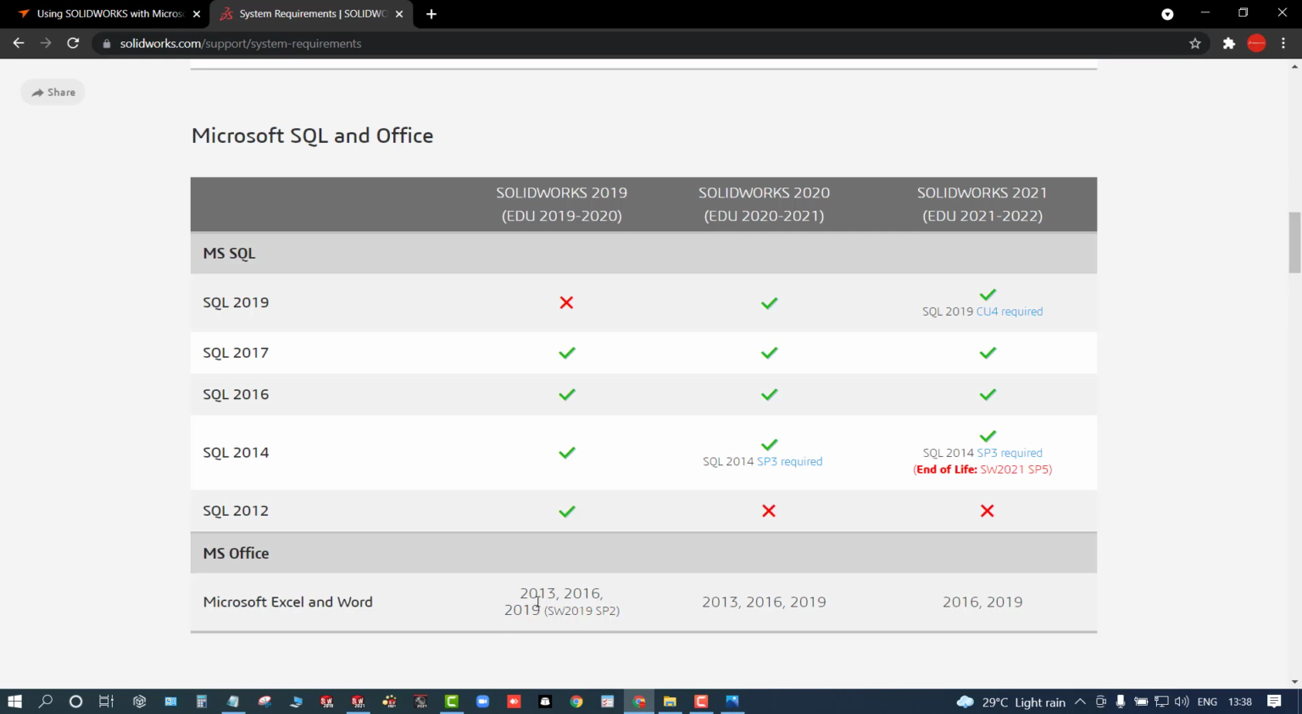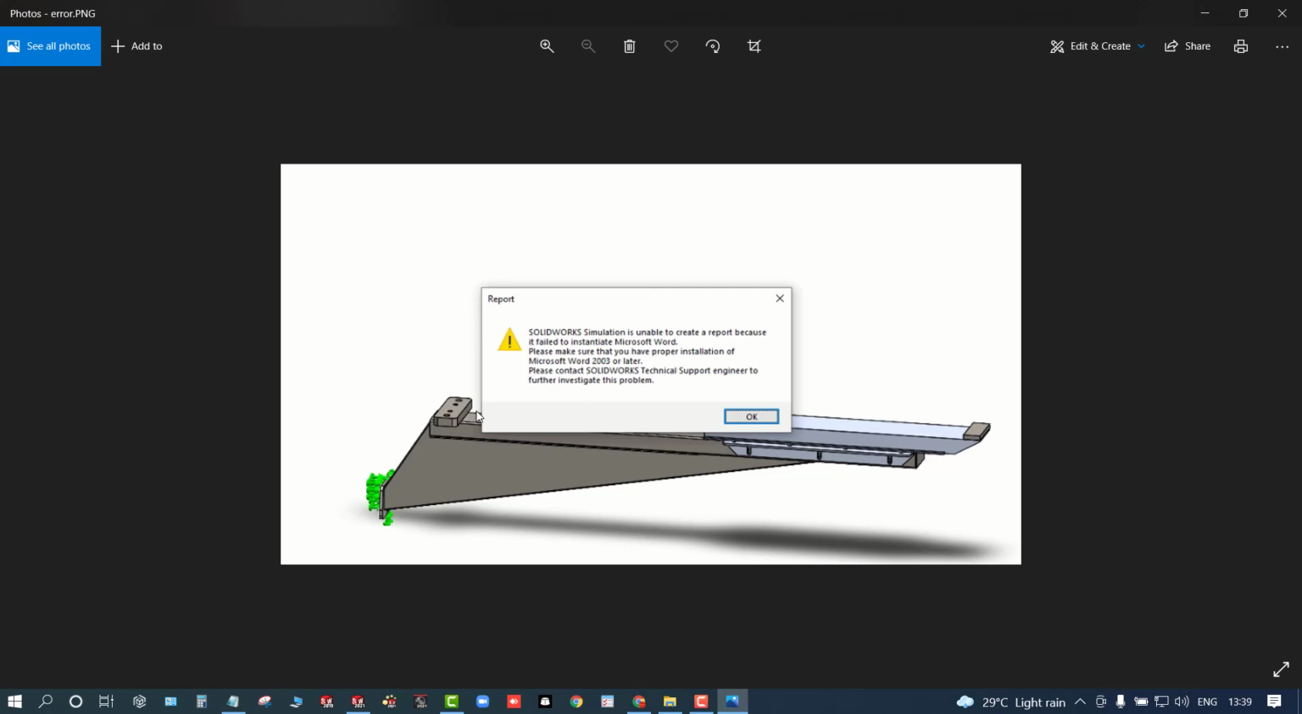2021. The Microsoft Office should be 2013, 2016 or 2019. For 2021 it is 2016 and 2019. If you are using these versions, it will support this, so you don't need to worry about this kind of issue. Automatically it will fetch